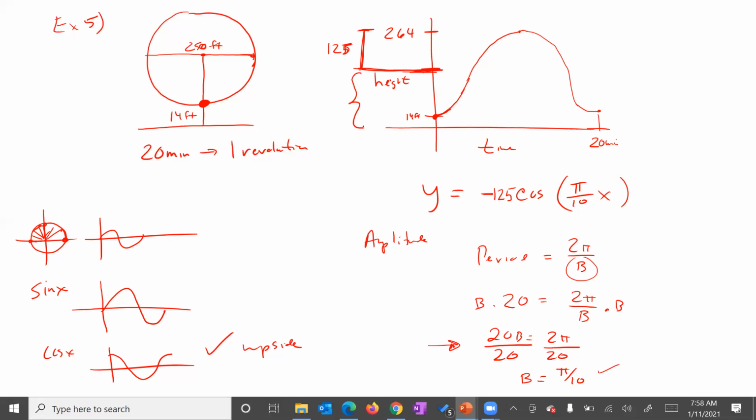Could you add 14? We're trying to get this middle, right? And the amplitude from here to here would be 125, right? Because it's how much down and how much up. Did you add 132? Yeah, so you're trying to shift the middle of the